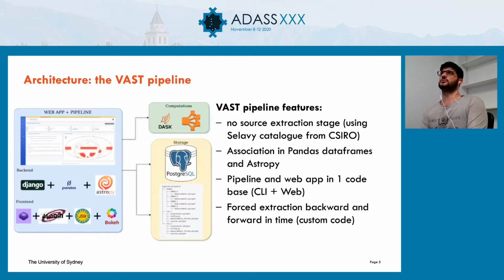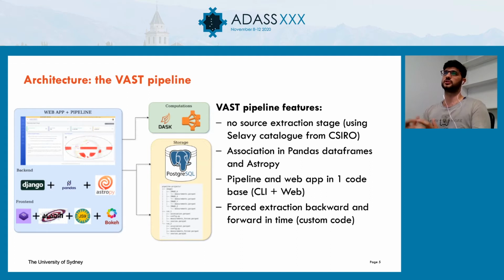Anyhow, we decided to develop the new VAST pipeline, taking TRAP as an example. We designed it in a way where we reuse some of the ideas from previous pipelines, for example some of the folder data structure of the pipeline run, but we decided to use more modern tools. For example, we moved the association stage outside the database. Before, TRAP did everything in SQL statements, but we moved it outside using Python pandas and